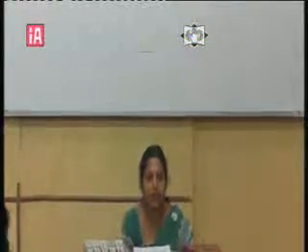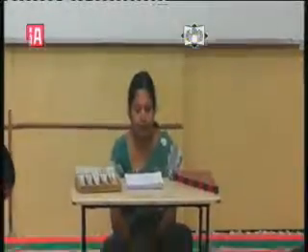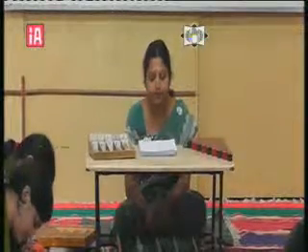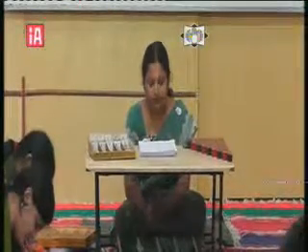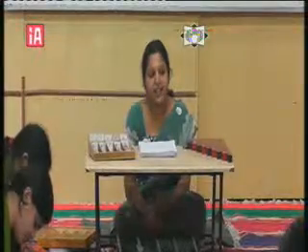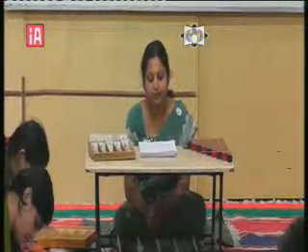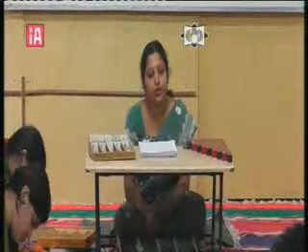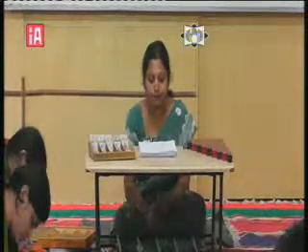Next point, then indicating to the number rods, ask him, will you show me 2?